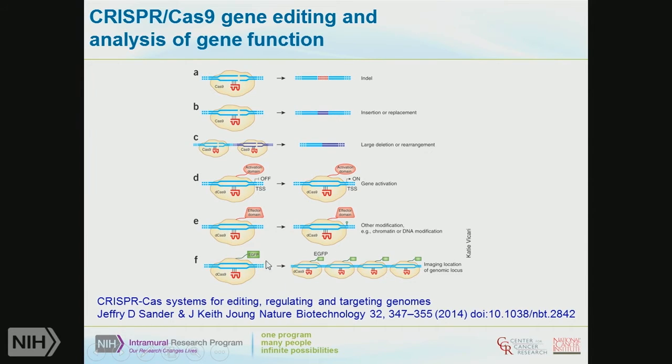Probably one of the most important applications for Cas9 is how you can tag it with other proteins for imaging. I'm not going to talk about it in detail, but that's a really useful way. It's useful both for imaging the processes involved in transcription, but also the generation of cell lines is an important application for these technologies.